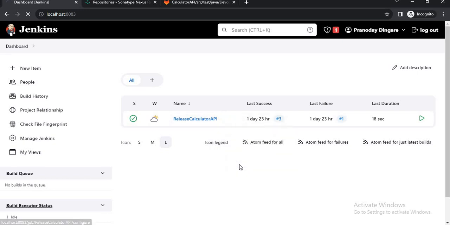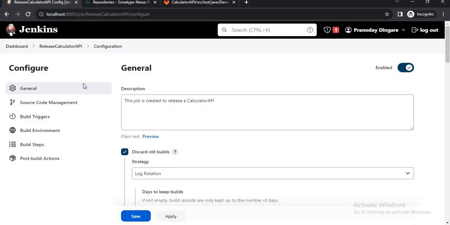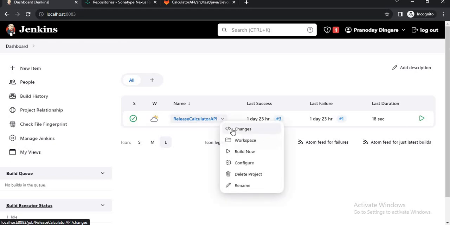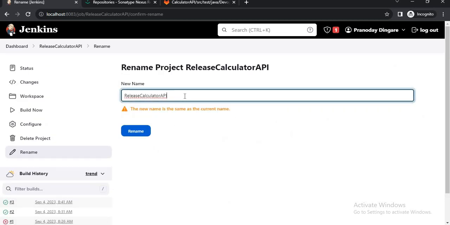I'll go to the configure. Just a second. I will go here and rename. I'll say release calculator API local repository.